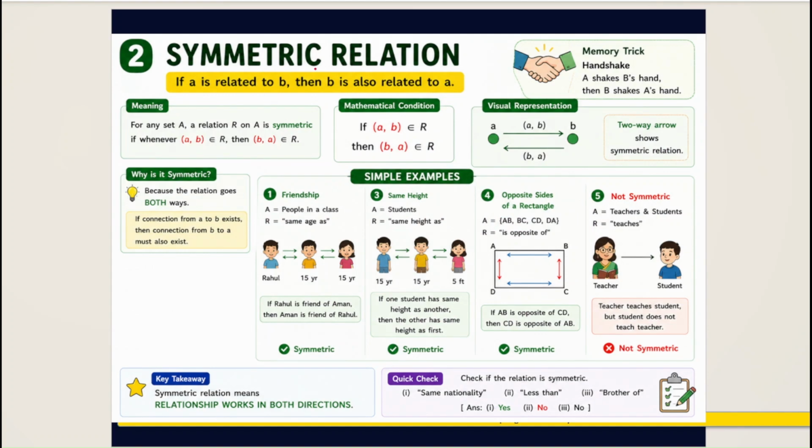Next is symmetric relation. What is the meaning of symmetric relation? If a is related to b, then b is related to a. Let me write here. This is the set {1, 2, 3}. Again, as I said, the Cartesian product is (1, 1),